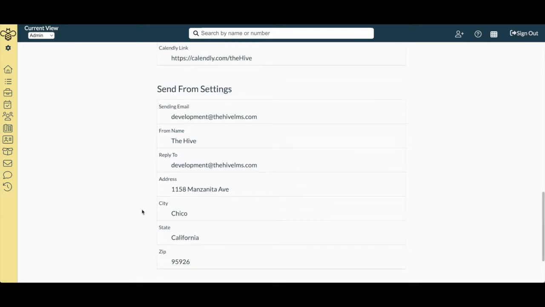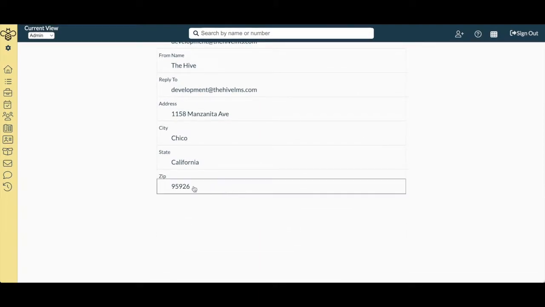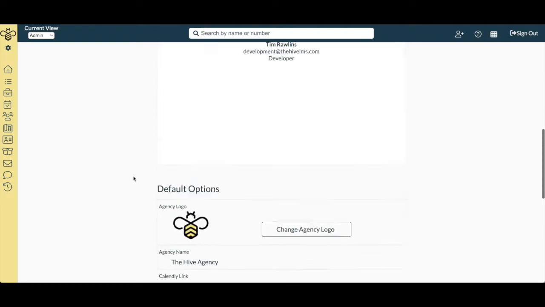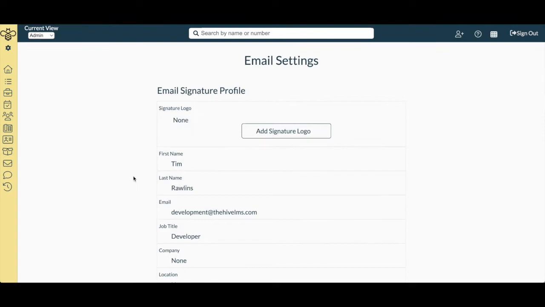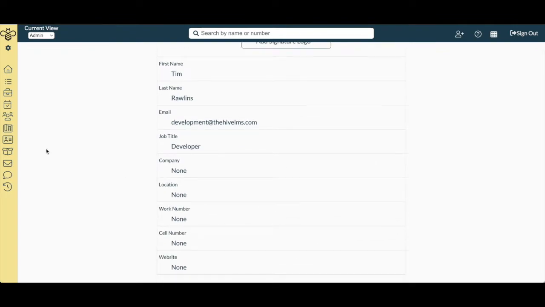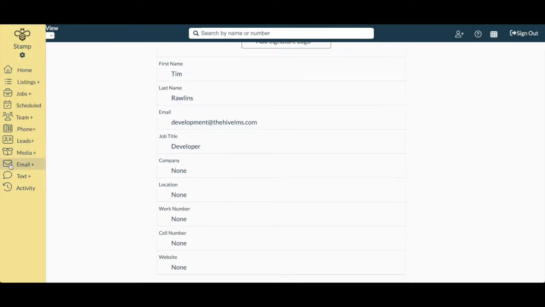And once you do that, you're all done. You don't have to click save on anything. As soon as you unfocus out of these input boxes, then it'll save it. And so once you're done setting up your email profile, the next thing you're gonna wanna do is create some email templates. So you're gonna go over here, go to templates,